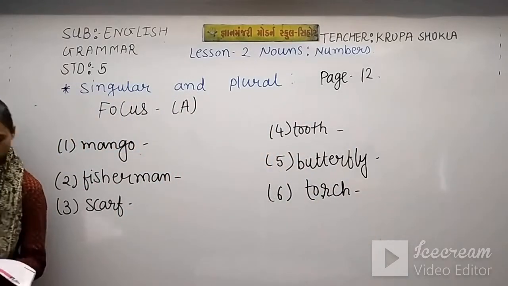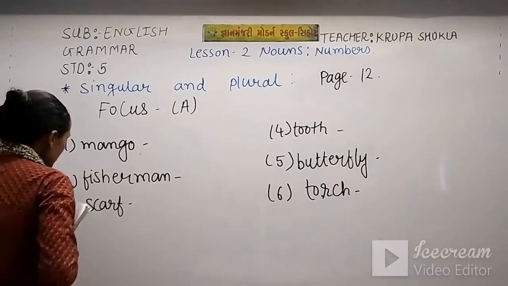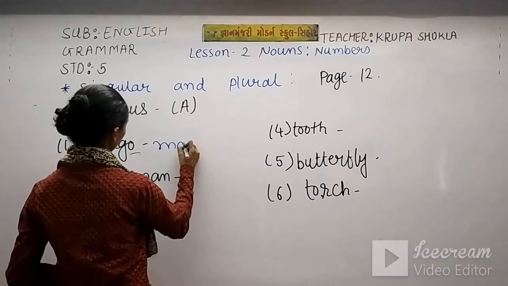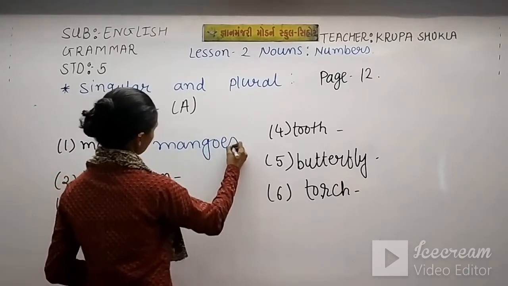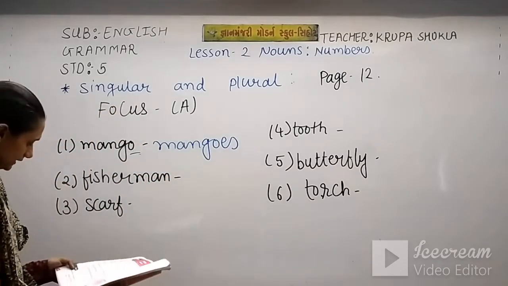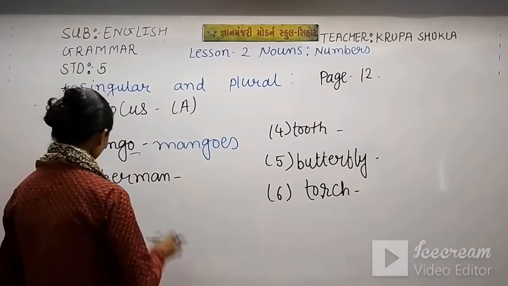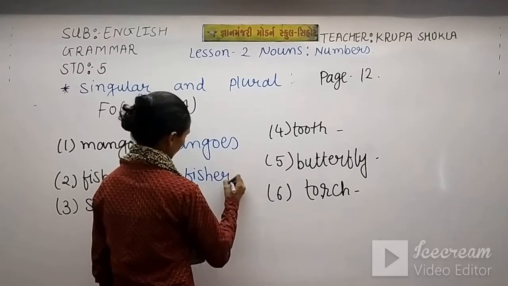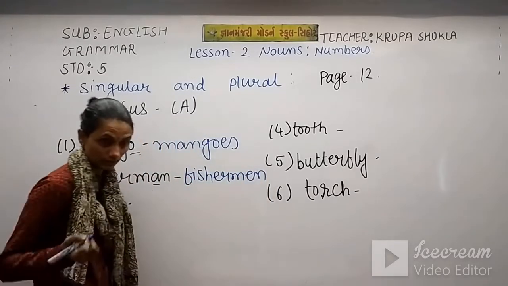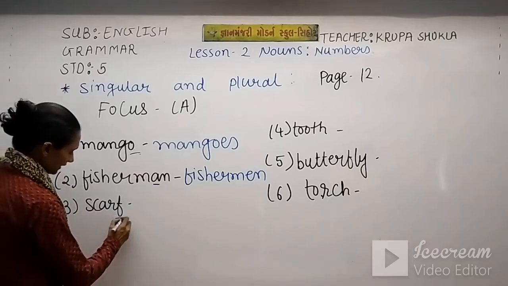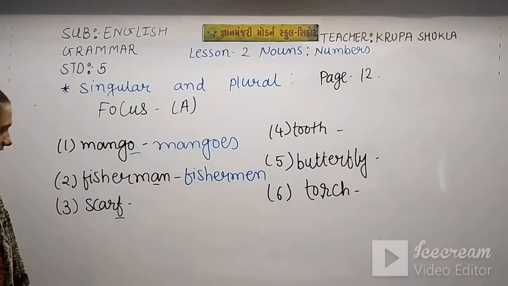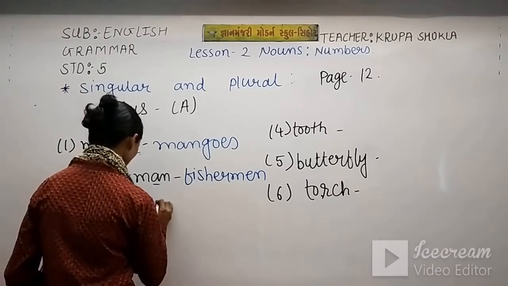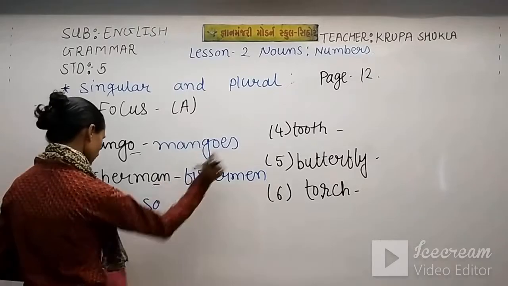So now we'll make them plural. How to make them? Now you all have the rules. So first is mango and this word ends with O. So the plural form is mangoes. We have added es here. Second is fisherman. So we'll change here only. So it becomes fishermen, F-E-N. Number 3 is scarf. It ends with F. So we'll remove that F and add V-E-S. So the answer is